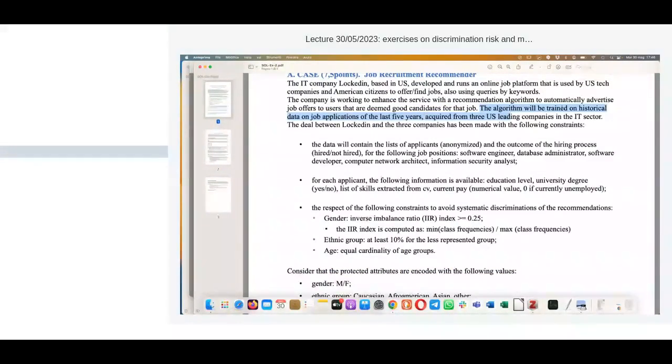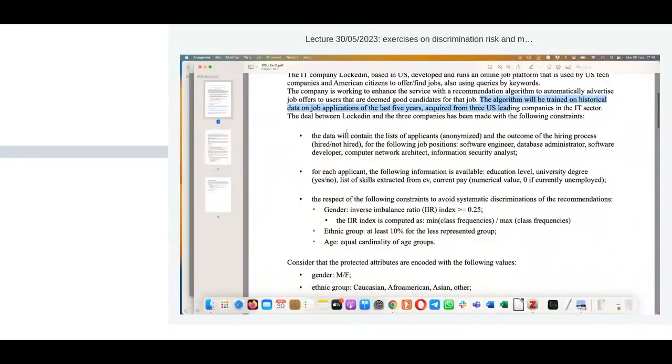So this was also a first indication that we are speaking about a sector that is dominated by males, white males. And I also wrote very technical positions: software engineer, database administrator, software developer, computer networks architect, information security analyst,